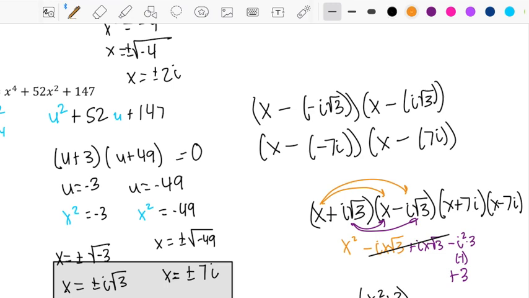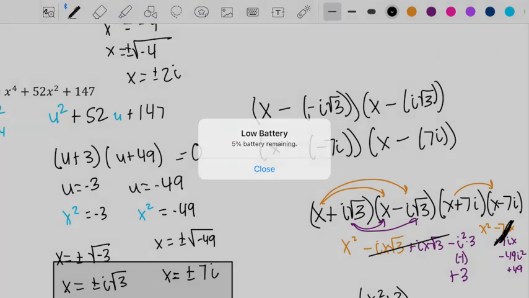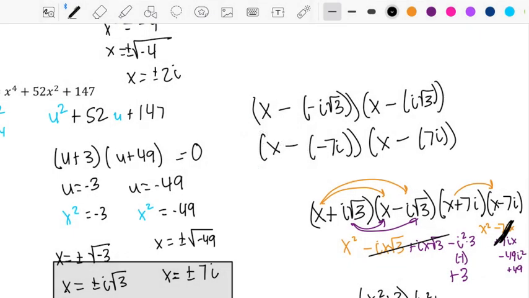And we do the same thing over here. x times x gives us that x squared. We're going to do minus 7ix, but then, of course, we're going to add a 7ix back. And we've got a negative 49i squared, which, of course, should tell us that's actually a plus 49. These two cancel, and we end up with x squared plus 49,